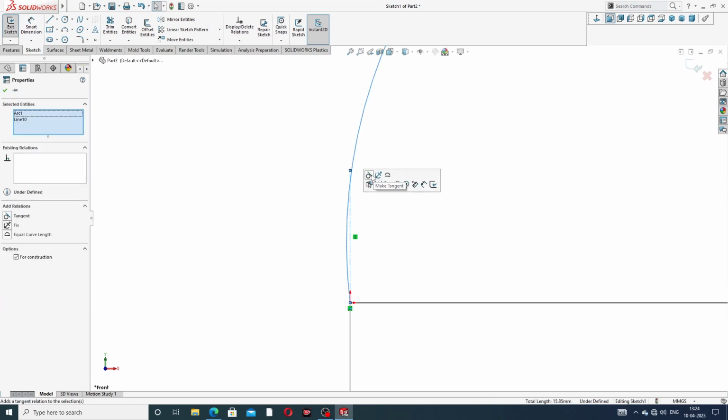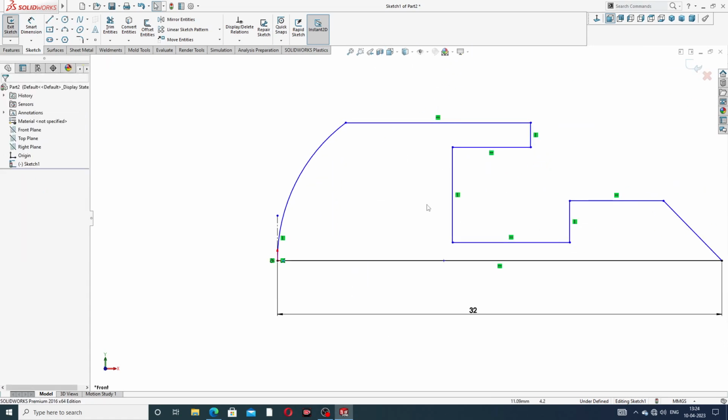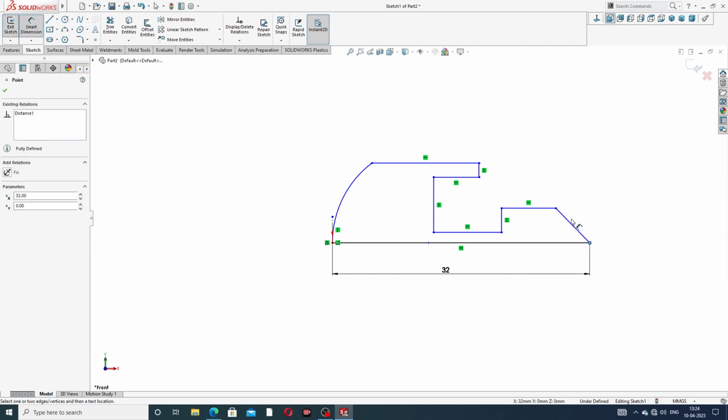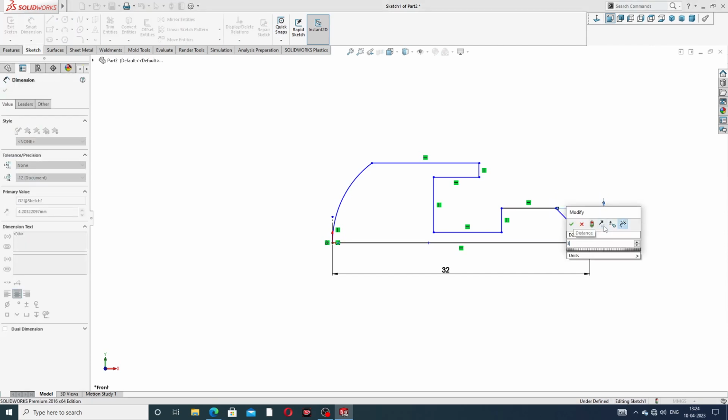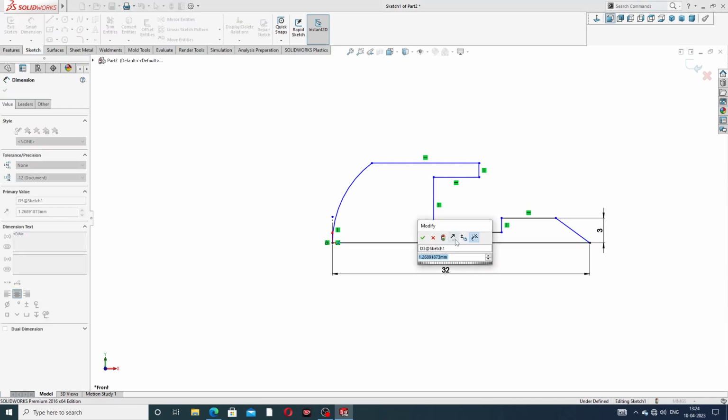Select this tangent. Okay, and this length to this is 3 millimeter. Okay, and this distance is 2 millimeter, perfect,